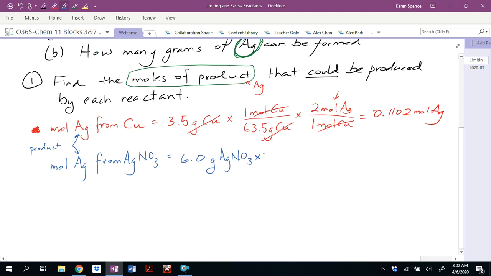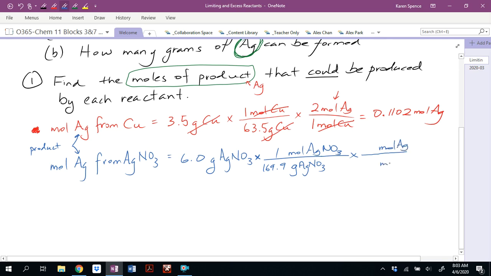In order to do any stoichiometry, we need to be working in moles. So we need to convert our grams of silver nitrate into moles of silver nitrate. And that needs the molar mass of silver nitrate, which is 169.9 grams per 1 mole. And then we're still looking for the same product as before. So we're going to find the moles of silver,